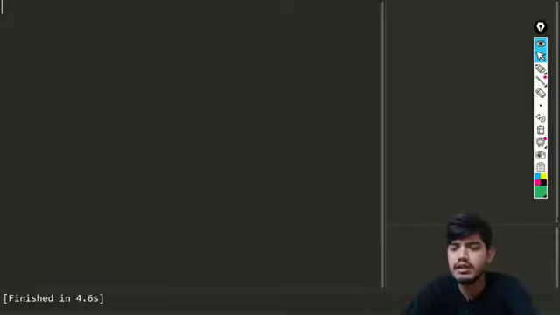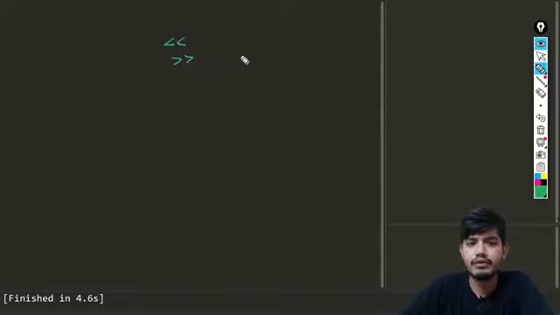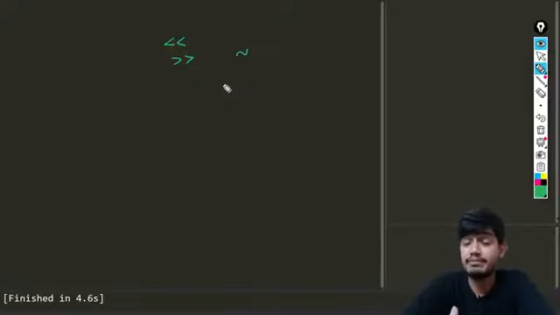So let's start. We have already seen the topic of bitwise, and we have already seen the XOR operation, bitwise OR operation, left shift operation, right shift operator, complement operator, and all this in the last class. We have also seen how we can check if the kth bit is set or not, and we solved one problem in which we found the total number of set bits in any given number. That was the question we did yesterday, and today we are going to continue that and try to solve some other problems as well.